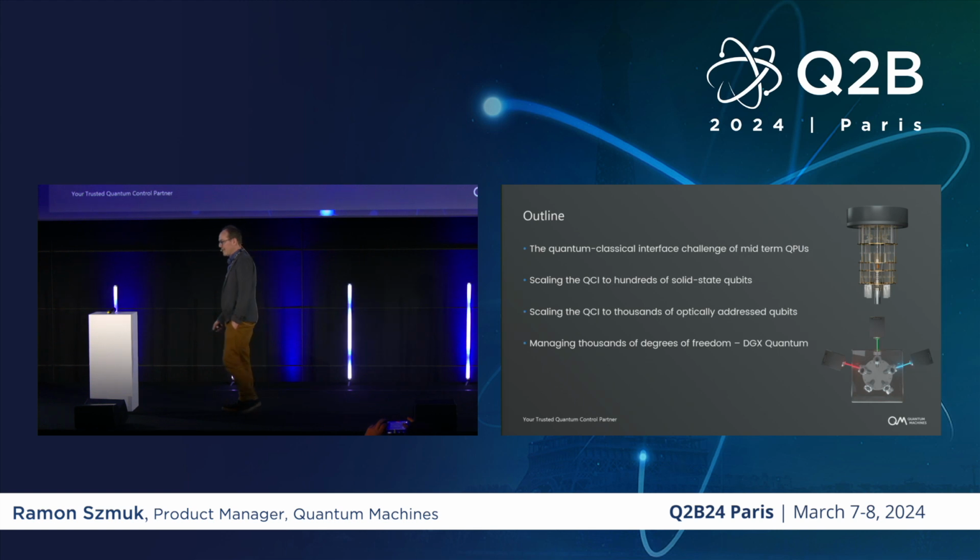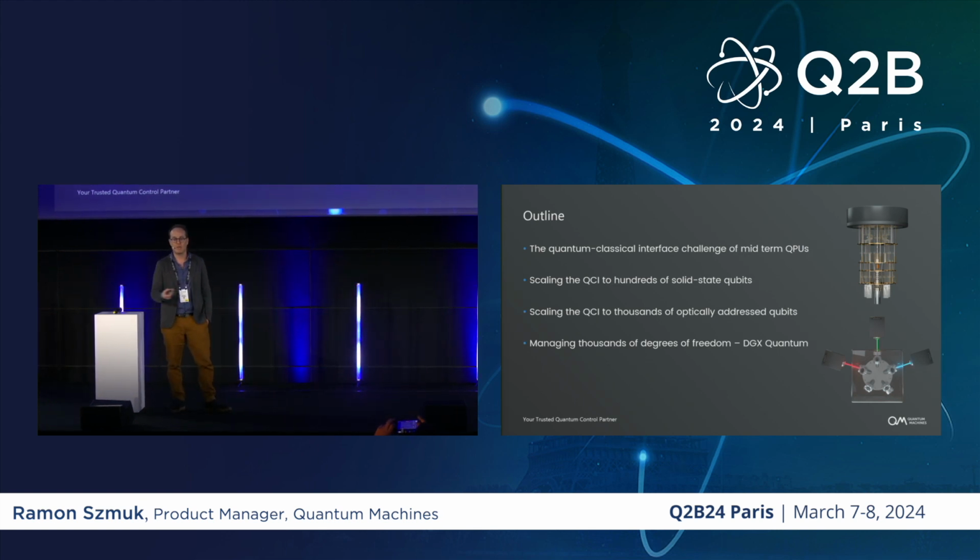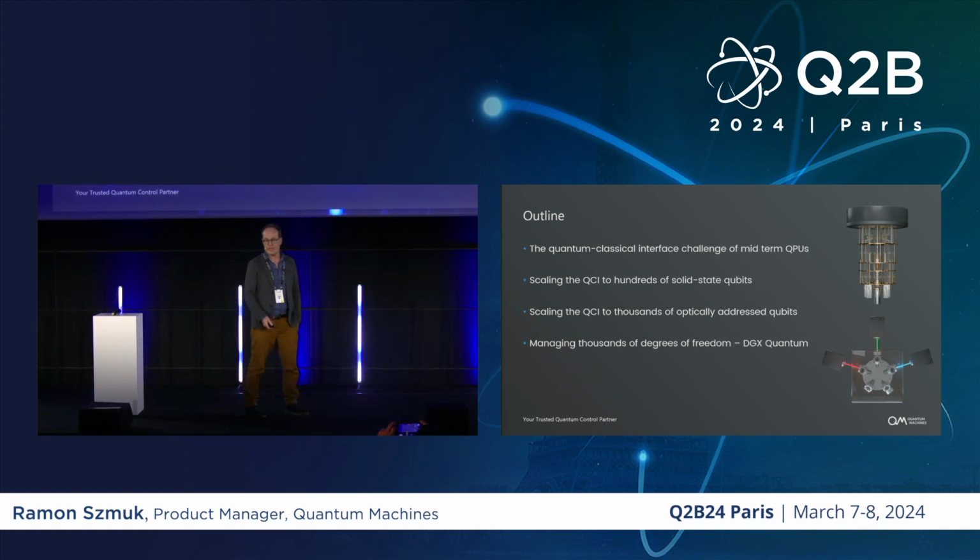We're going to present the challenge, the barrier, this quantum classical interface challenge that exists for all qubit modalities. Sometimes people tend to focus on solid-state qubits, but atom arrays and ion chains have similar barriers. And then I will discuss what we do for the solid-state qubits and what we do for the optically addressed qubits, and how we think we can help all qubit modalities scale to these numbers, thousands of qubits, which we perceive to be the midterm challenge, kind of.